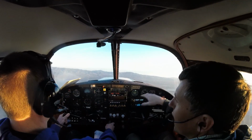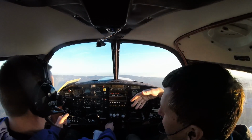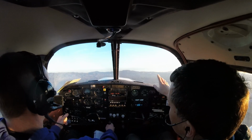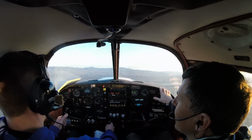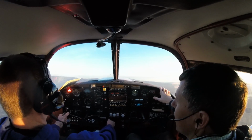So yeah, that works. And then slow to like 70. Just something lower. Right. Just reduce power because we're trying to slow down, and we're not necessarily trying to climb. And then once you hit 70, go full power, and then keep pulling the nose up until we get the brake. Yeah. That doesn't want to slow down. Yeah, right. There it is. Go full power. Remember, you're going to need a lot of right pedal